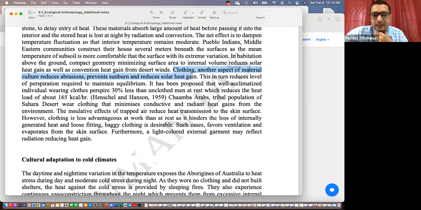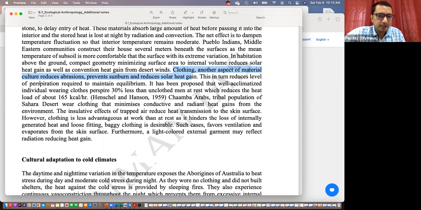So the type of material they normally choose actually reduces the abrasions on the body, and sunburns. It is also important that we prevent the sunburn. We cannot just have no clothing, right? So we have to even prevent the sunburn for that. And also reduce the solar heat gain, how much we trap the heat. It's very important. So certain clothing materials that are normally adapted ensure this type of features, and also reduce the